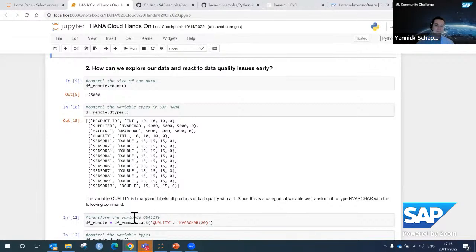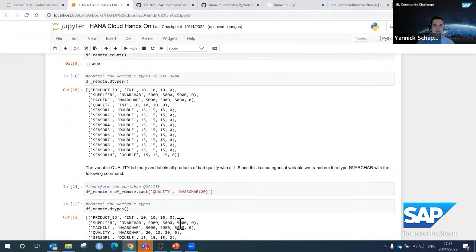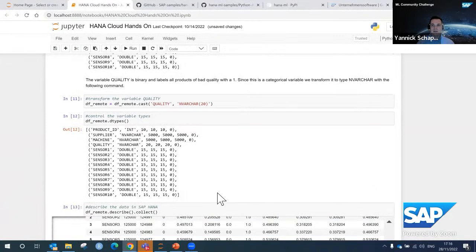And I can quickly change it into a character format so that the algorithms automatically detect that it's probably a classification, what it's supposed to do. And of course, I can do more complex data preparation steps here as well. I could execute, of course, also SQL scripts to clean the data.